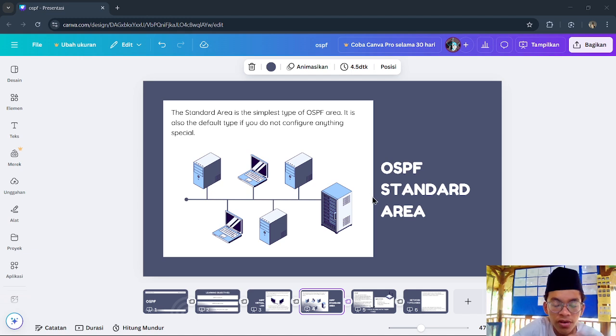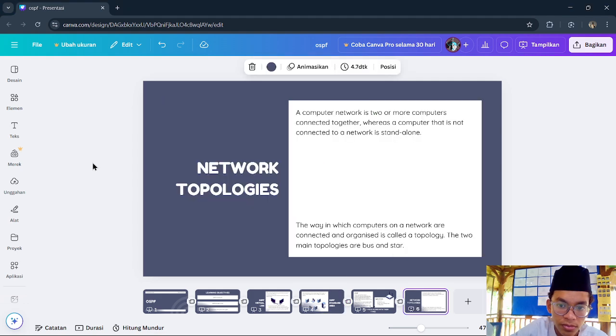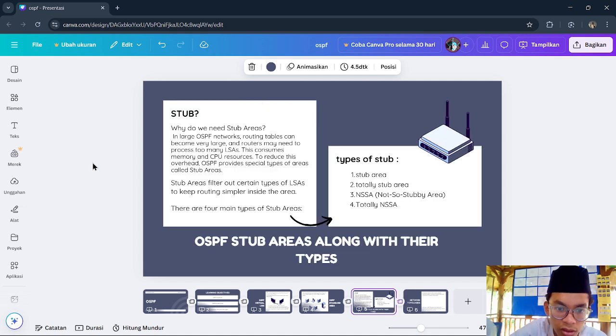The conclusion for my video is that OSPF is a very flexible routing protocol that provides different area types, including stub areas along with their types. We use different area types for different needs.